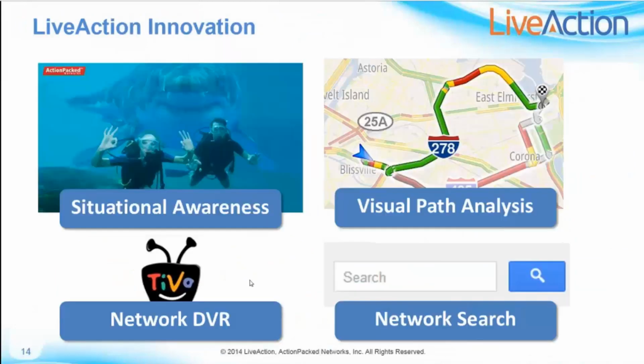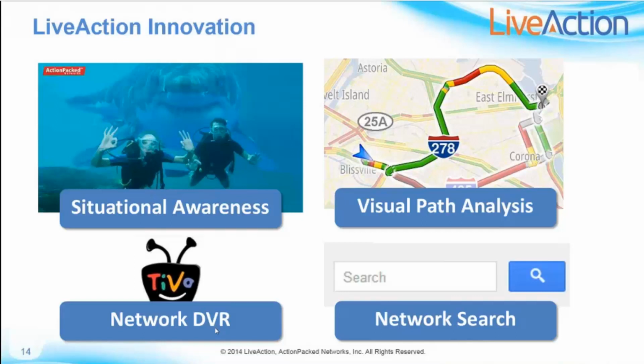So it is innovation that we do with situational awareness of being able to detect problems in the network that other tools just don't analyze and see today. We use our visual path analysis of being able to draw the path through the network and then pinpointing where the problem is. We take advantage of being a network DVR, so every single conversation and every flow is stored